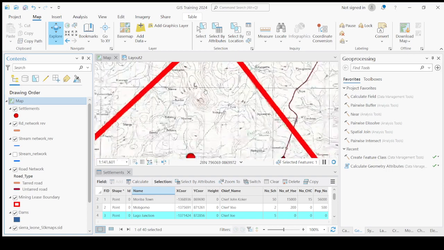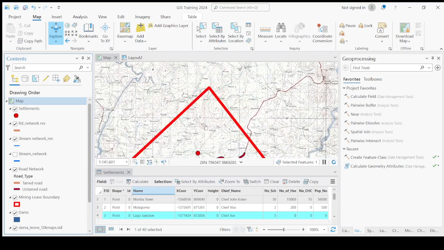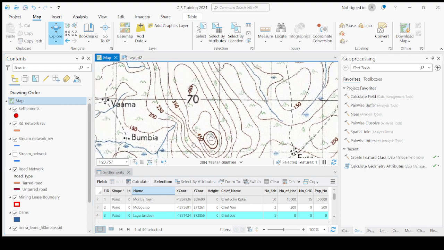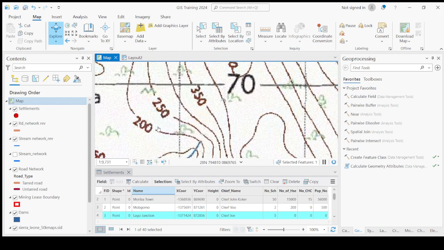Now I was explaining that when you zoom into the map, you will see lines. You already know these are contour lines. Of course, you are a geologist and you are familiar with contour lines. And you see the lines which are brown. You also see,